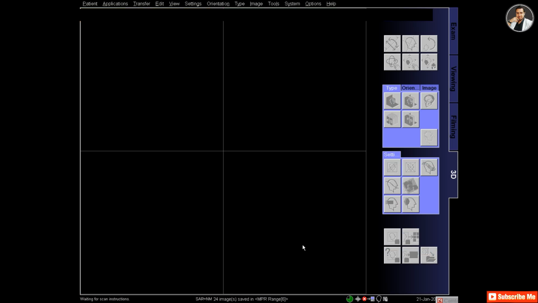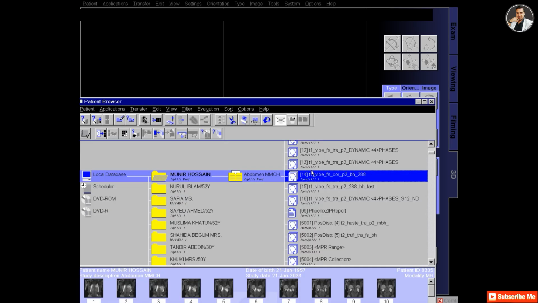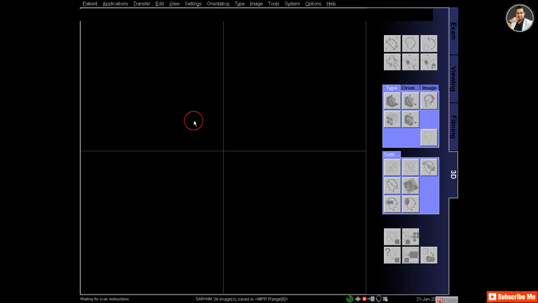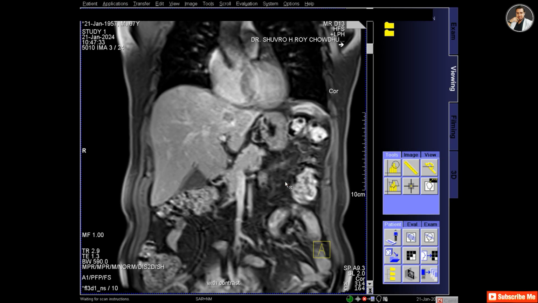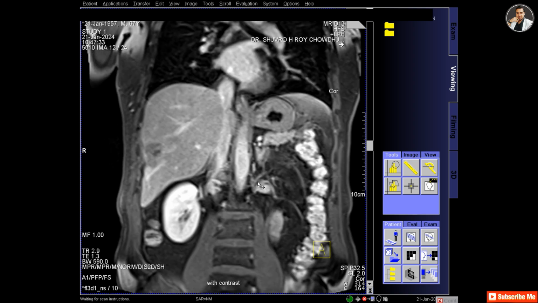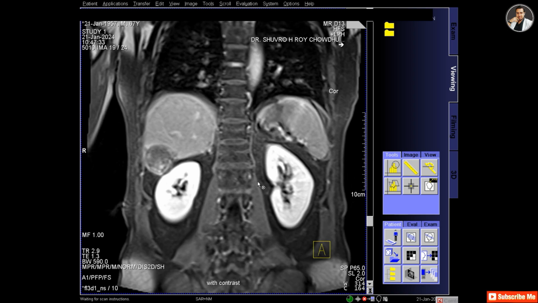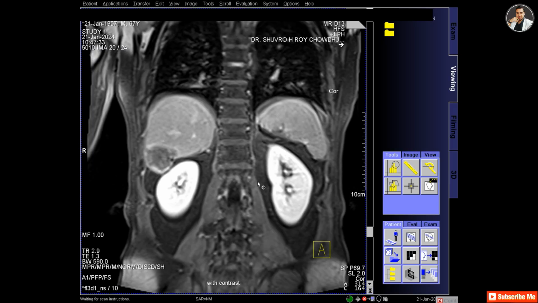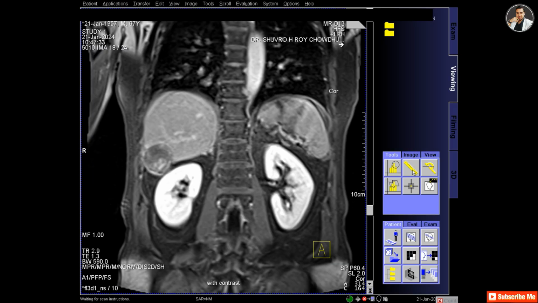and save this, and from the browser select the coronal images that I made, and in the viewing I have found the lesion and measured it.